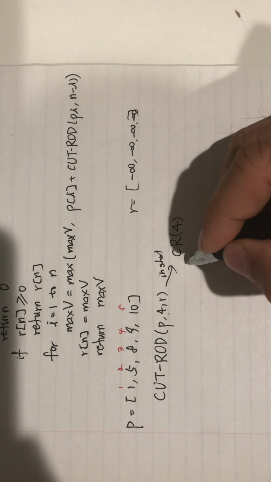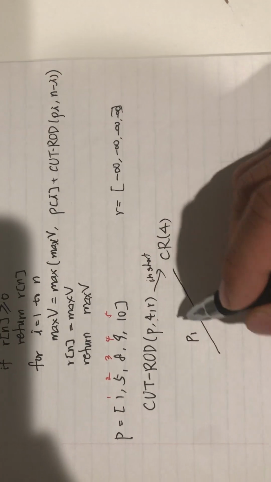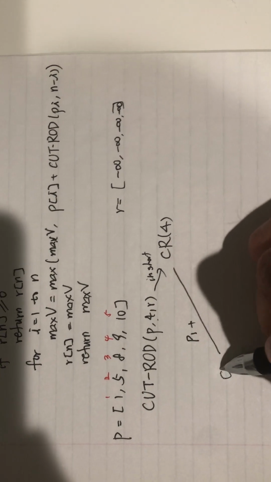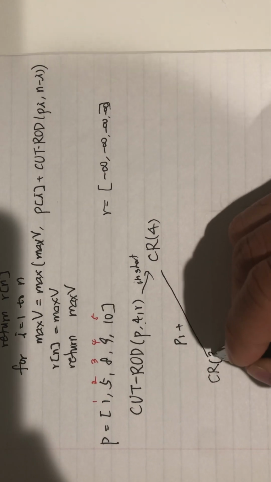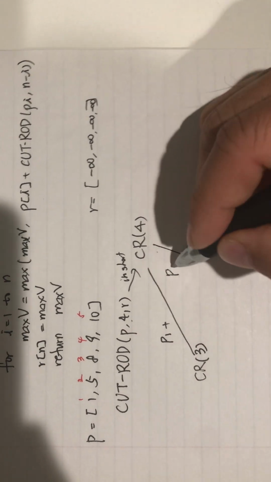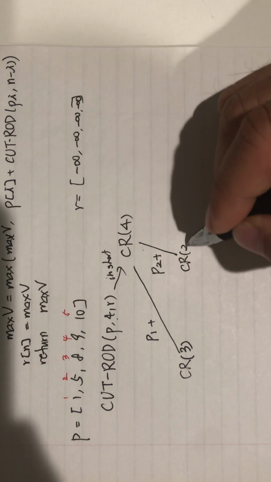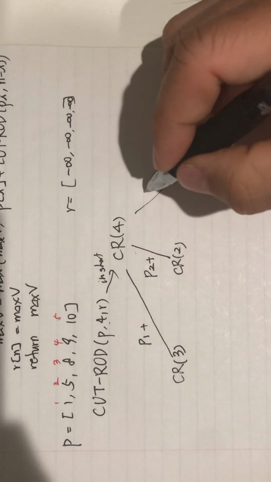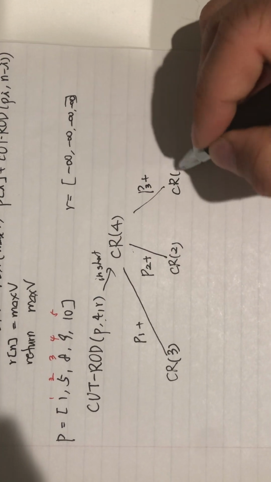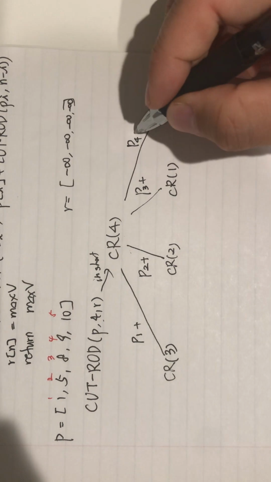So let's see, this one has again the option 1 inch cut out as a first cut plus CL3, and then second option 2 inch cut plus CL2, third option 3 inch cut plus CL1, 4 inch cut plus